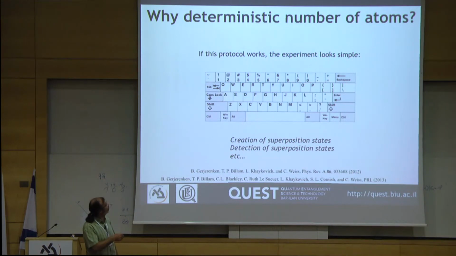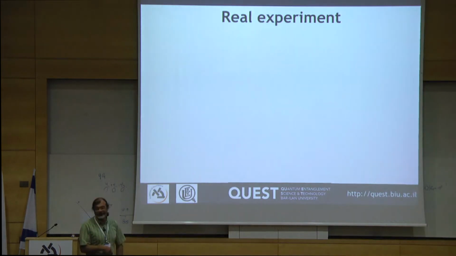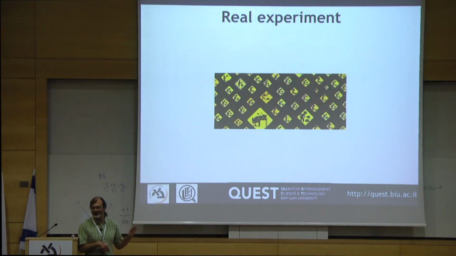And if this works, then we can go to creation of superposition states and detection of them. All of this stuff we studied in several papers in collaboration with the England group. So now the story of the experiment. This is simple. This is the stage of the experiment. This is under construction, tough work. This one especially, we would like to have this working experiment. Anyway, this is under construction. I hope that we will be able to do that in the near future.